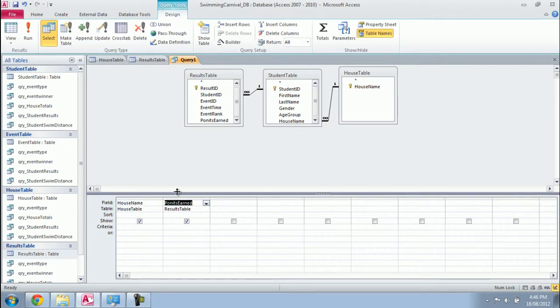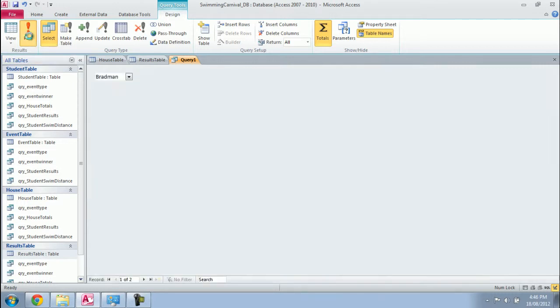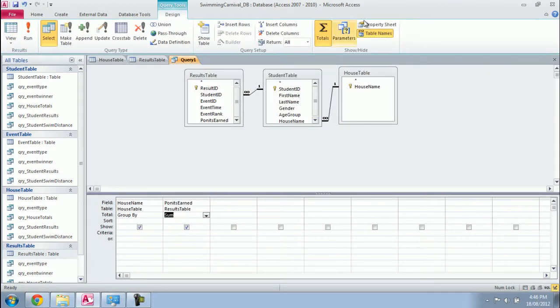I want to condense all the points into points for Freeman and points for Bradman. So I'm going to click totals. And here at this total row, where it says group by, I'm going to change this to sum. Now if I run it, you can see that I have condensed the points for the house. In this case, in the swimming carnival, Freeman has 1. Now, that's just how you create a calculation-based